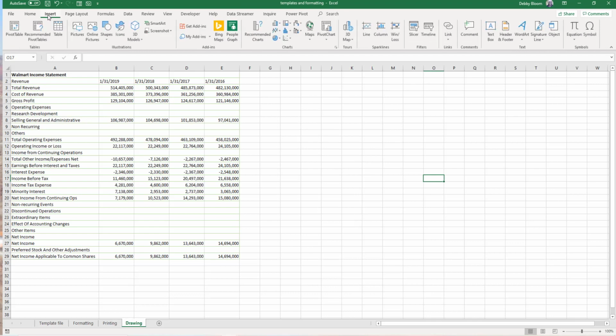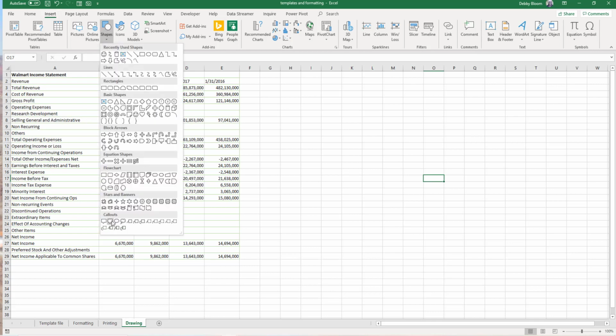So now I'm going to click Insert, and one of my favorite worksheet enhancements is a call out. So I'm going to click Shapes, and notice there are stars and banners and flowcharts and equation shapes and all sorts of neat things, but down at the bottom you have call outs. So that's like when you read a comic and you see that little balloon coming out from the character's mouth, so it looks like they're talking. I actually don't like any one of them except the first two. The third one isn't horrible. The fourth one looks really weird with the cloud, but I like the second one the best,